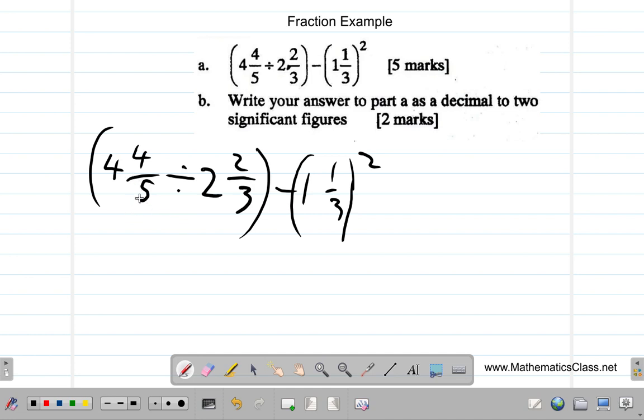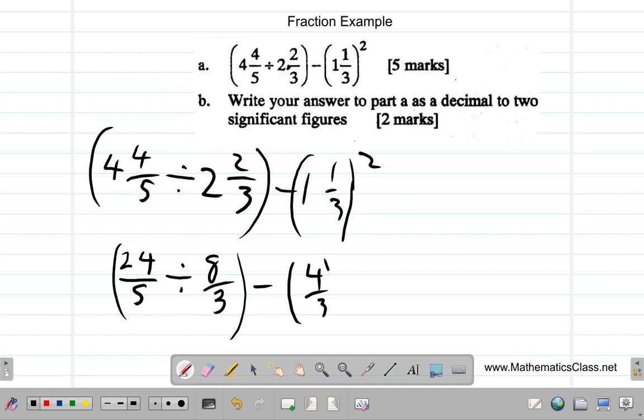4 and 4/5. Remember the shortcut way of doing it. 5 multiplied by 4 is 20. 20 plus 4 is 24. This is 24/5. Then 3 twos are 6 and 2 is 8, so 8/3, minus 3 ones are 3 and 1 is 4/3, squared. Alright? Now,